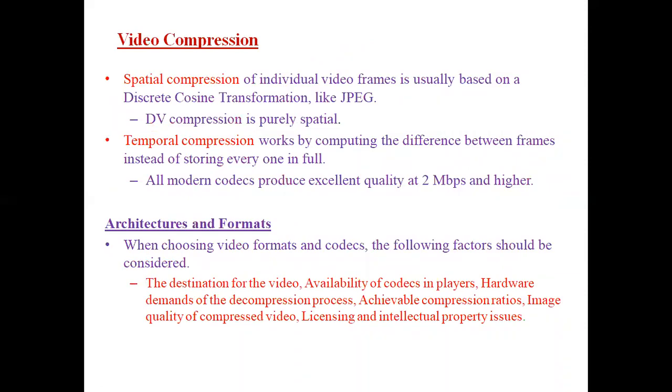Video compression: spatial compressions and temporal compressions. Spatial compression of individual video frames is usually based on a discrete cosine transformation like JPEG. DV compression is purely spatial. Temporal compression works by computing the difference between frames instead of storing every one in full. All modern codecs produce excellent quality at 2 megabit per pixel